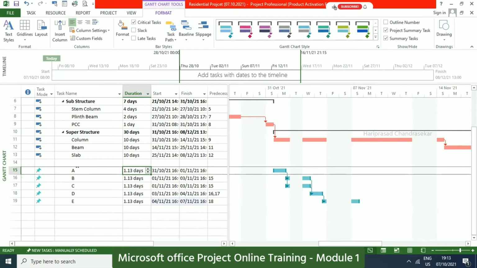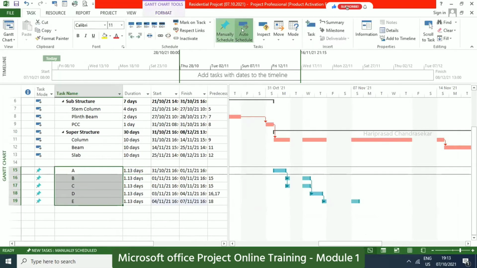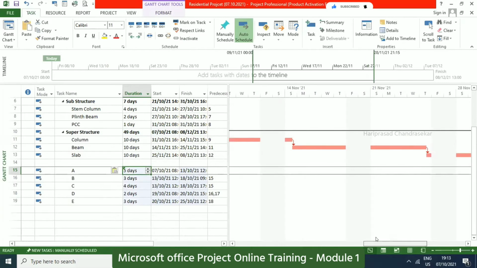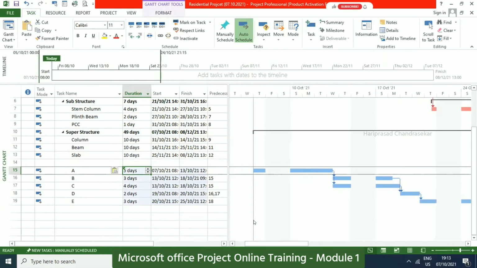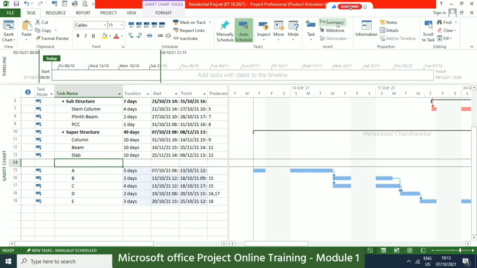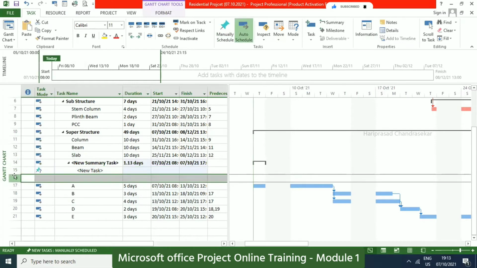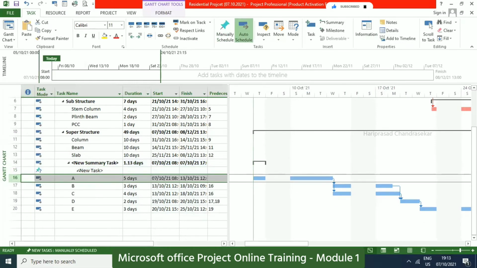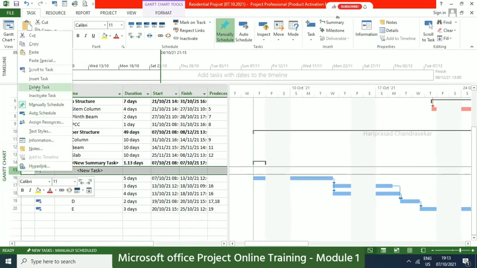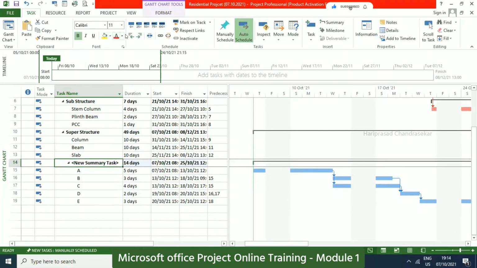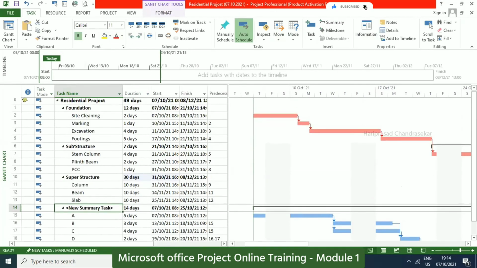So what I will do is make everything auto schedule. Okay, auto schedule, and then here I will put the duration that you can copy and paste. Okay. See, now you can see this is what it is. And here we will see the critical, and then we will have one summary. I will just click summary task, and then I will just delete all this. So I will make everything inside the summary task. And then I will take it completely outside of the current project.